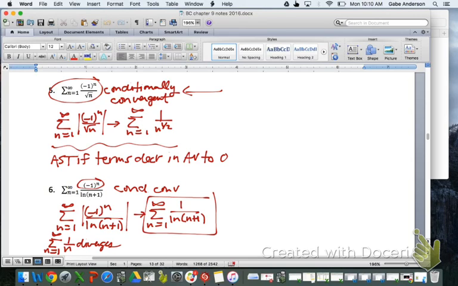And then we can analyze this in a second, see if this is really true, but 0 is less than 1 over ln of n plus 1, which is less than 1 over n. We could find this to be true on some interval that's contained within 1 to infinity. So I would say that because 1 over n diverges, 1 over ln of n plus 1 also diverges